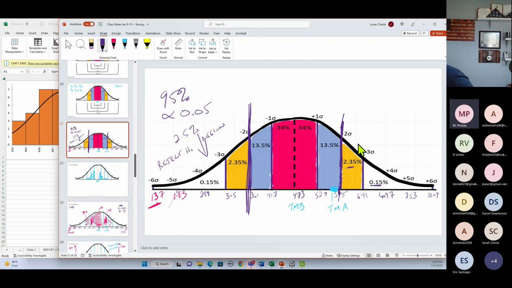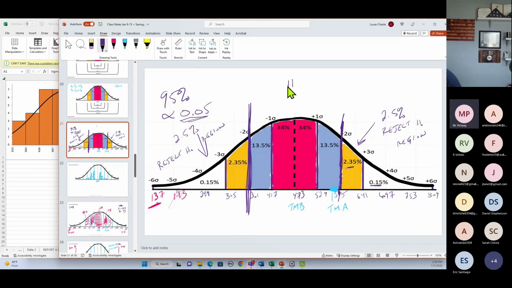And then on the other side, there's another 2.5% for the 5%, right? This 5% that I could be wrong, or it could be more extreme in this case. So if I have the 2.5% on this side, it splits up those rejection regions. Reject the null region. What I'm looking at here is, if I have something that says within a null and